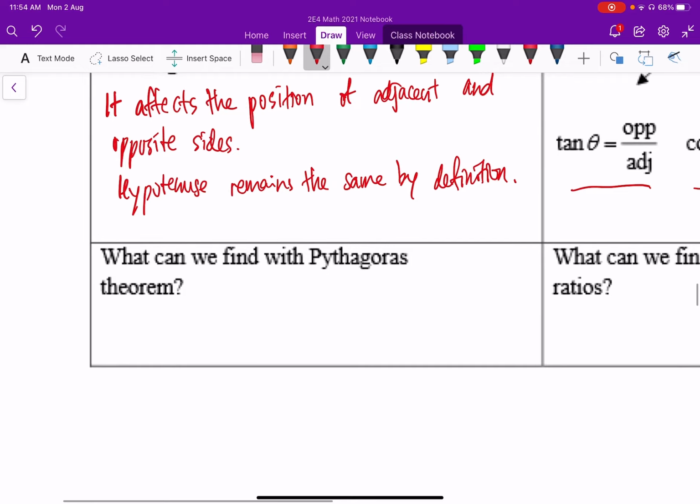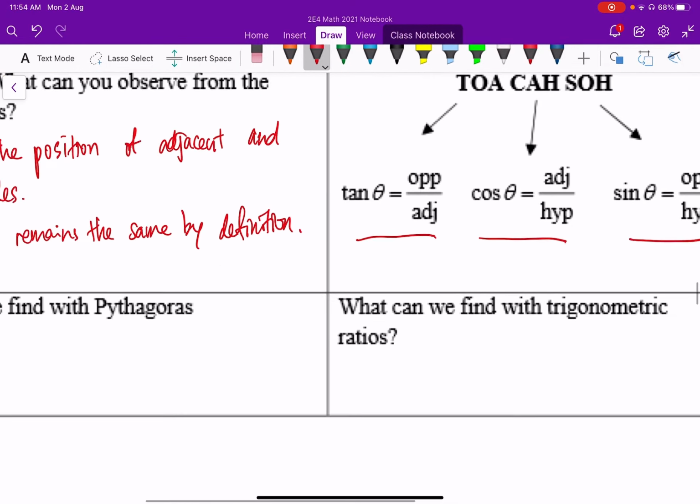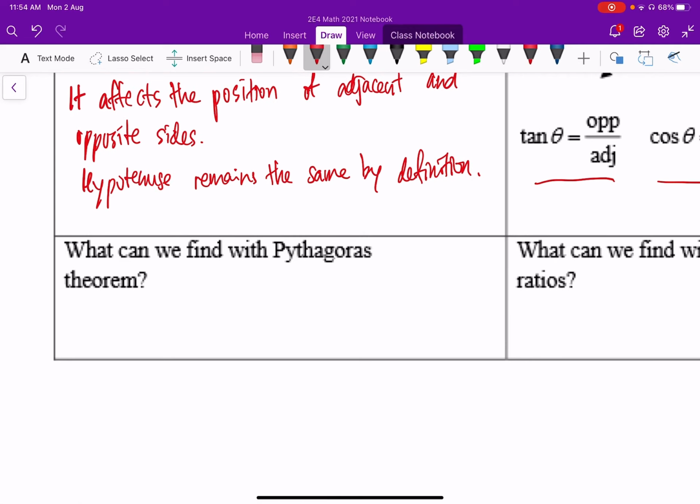Okay, what can we find? Now next, what can we find with Pythagoras theorem? In the previous chapter, chapter 9, you learned about Pythagoras theorem, right? With Pythagoras theorem, which is a square equals to b square plus c square, where in a right angle triangle, this is your a, this is your b, this is your c, right? What can you find with this? You can find unknown length